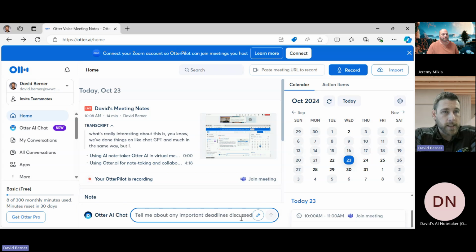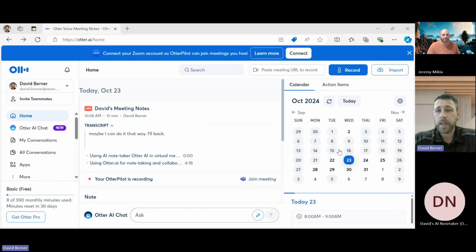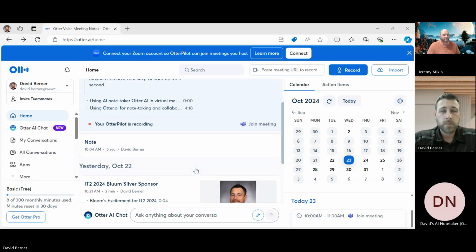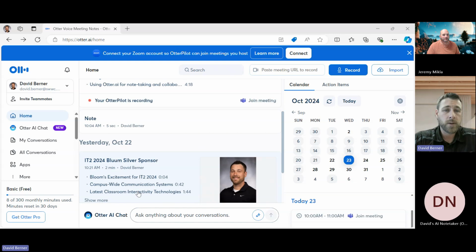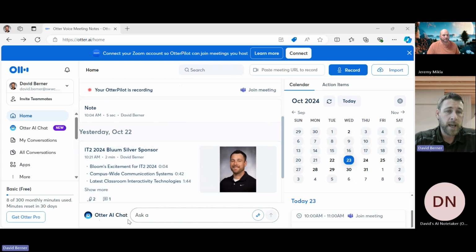But I think one of the things that you'll utilize the most is that if you are using Otter pretty consistently, you're going to want to look for things in your notes. So let's say you have a meeting and the meeting was an hour long, and a week later you're trying to remember something from that meeting. Okay, so what we can do with the Otter AI chat is say something like,